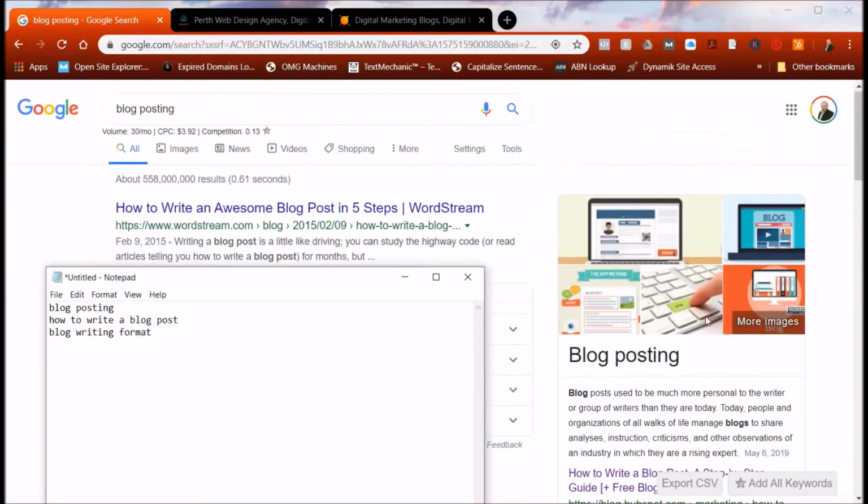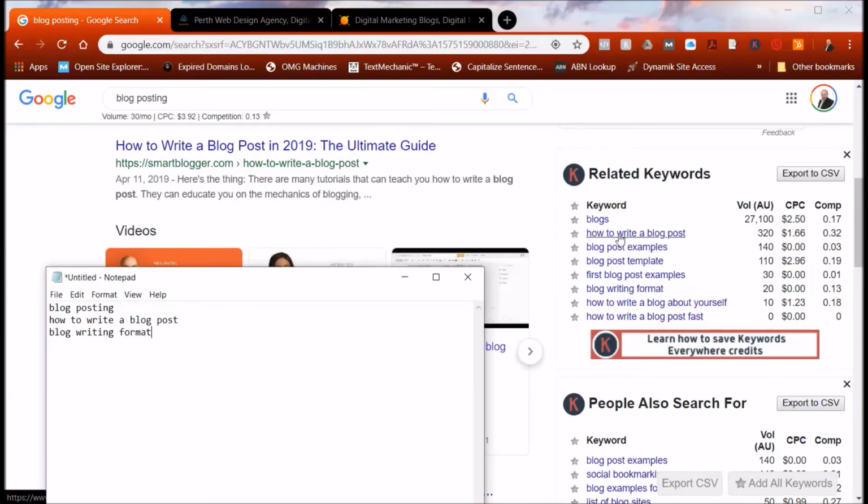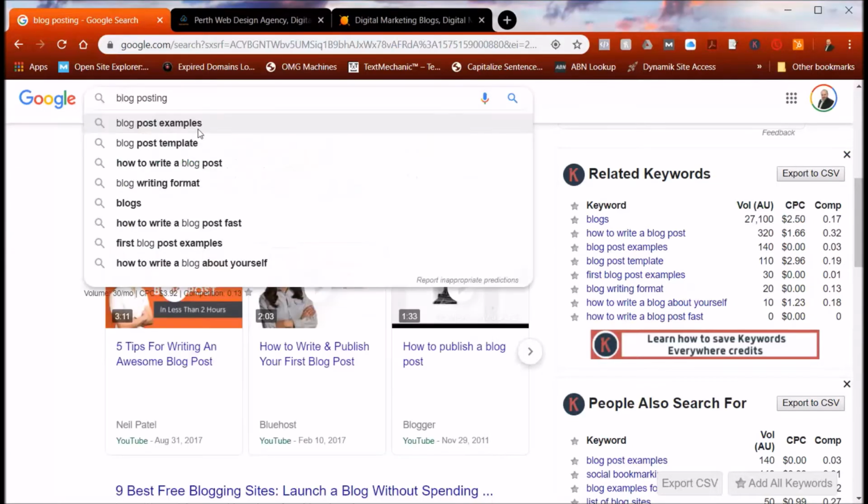Okay, let's just start here. Blogs, how to write a blog post, blog examples, blog writing format. Okay, so we'll look to target those keywords. Obviously, this is just one of the search strings that I went for. You could put in here